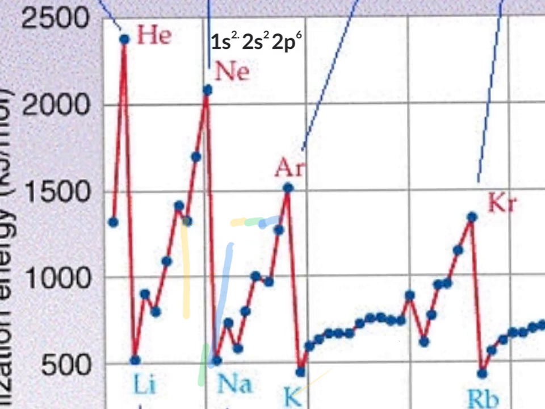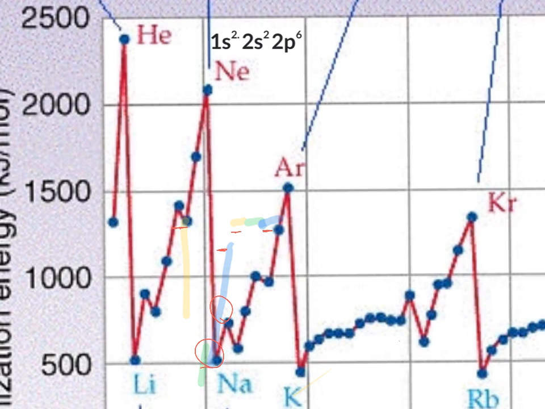The next thing that I want to focus on here is the small dips that occur as you go across a row on the periodic table. This has to do with the stability of an atom. If it requires more energy to remove an electron, for example, helium requiring more energy than neon, that means that helium's electron configuration was more stable than neon's electron configuration. There was more traction between the 1s orbital and the nucleus than there was between the 2p orbital and the